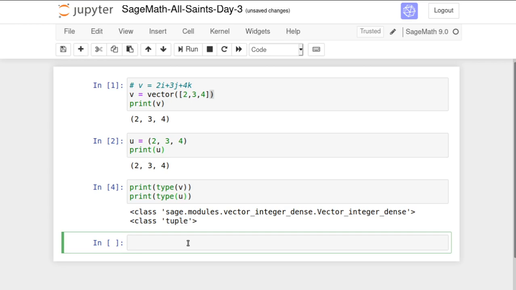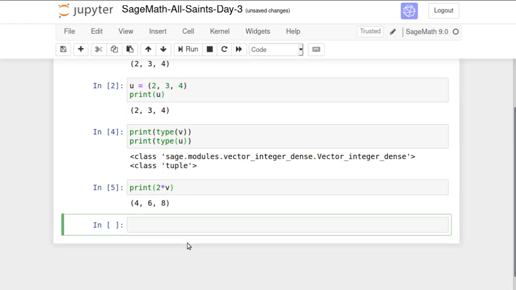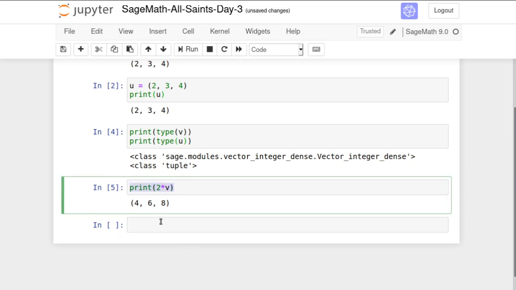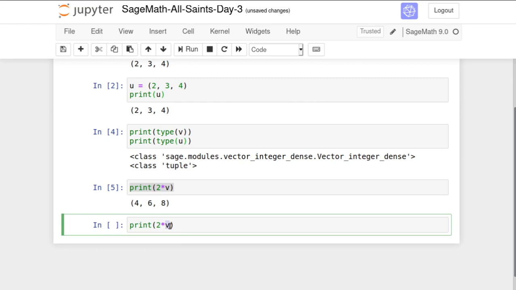Suppose that we want to take a scalar multiplied with this v. So 2 star v is nothing but 2 times the vector v. We get the result equal to 4, 6, 8. That is expected: 2, 3, 4 multiplied with 2 is 4, 6, 8. But on the other hand, suppose now that instead of that,